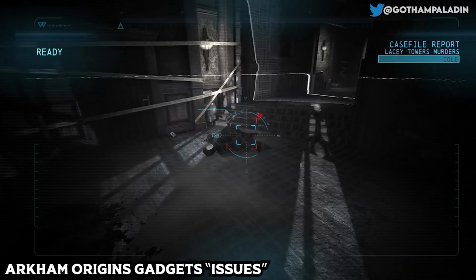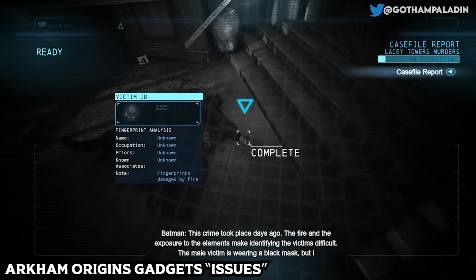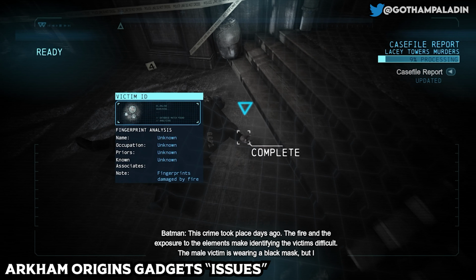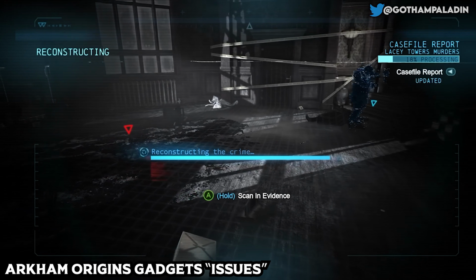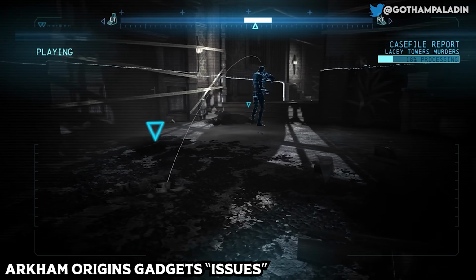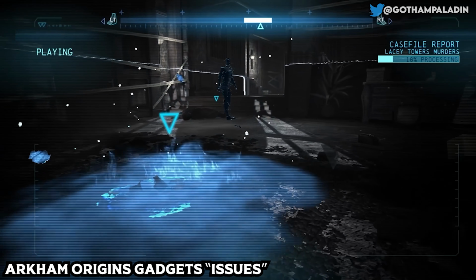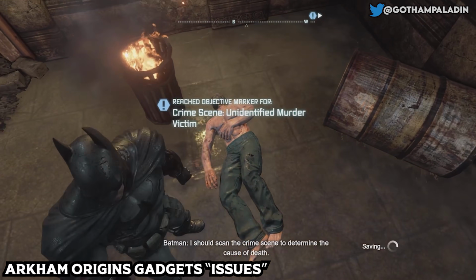But to elaborate more on the gadgets in Arkham Origins, according to the Arkham Wiki, they list these other gadgets as retcons, but I don't know if I necessarily believe them, but I will explain them here, and let's just get into it. So this list goes on to say that in Arkham Origins, Batman uses a detective mode that is way more advanced than the one he uses in Arkham Asylum and Arkham City, you know, with the reconstruction technology and whatnot.